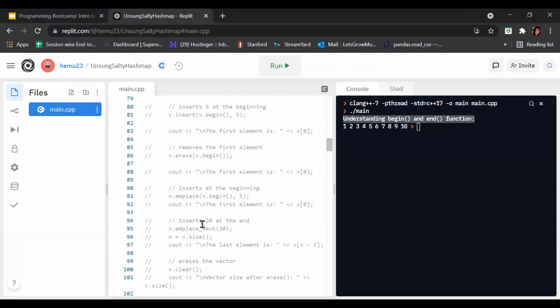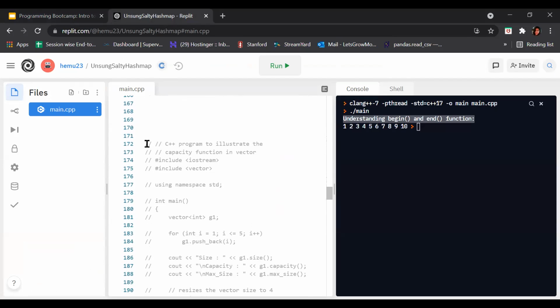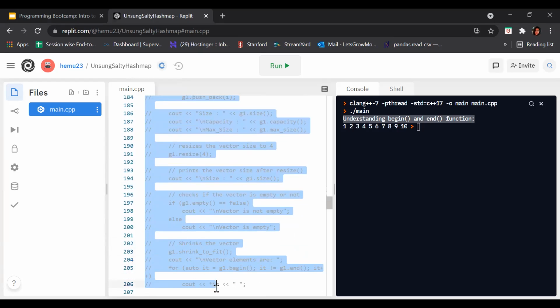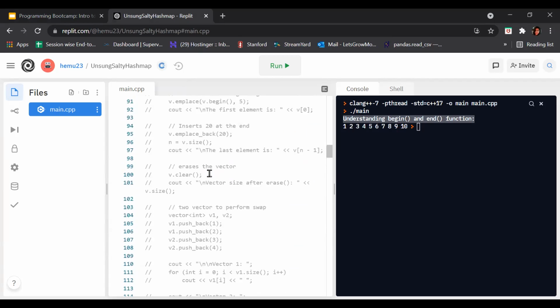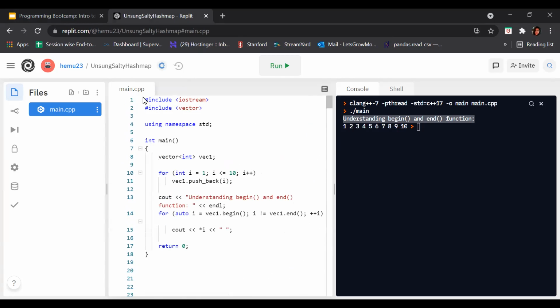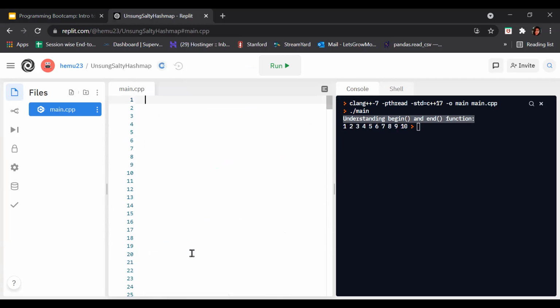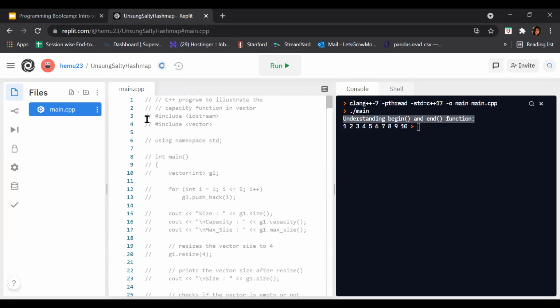Just a second, guys, I'll bring up the code. I know it's a little bit confusing for all of you, but if you revise all the things twice or thrice on your own, it will all get clear to you. And if you have any doubts regarding this, put them in the comment section. We'll be happy to answer you all.